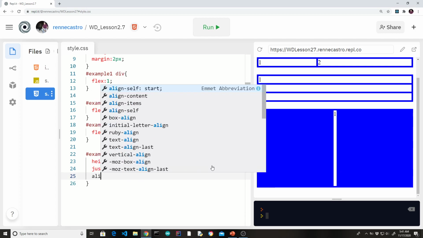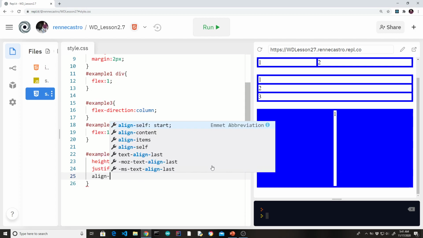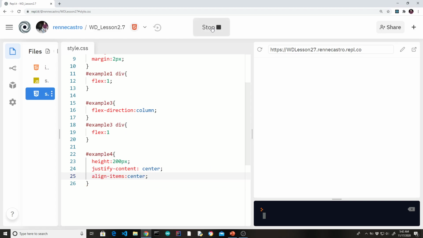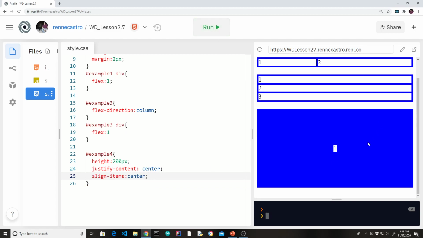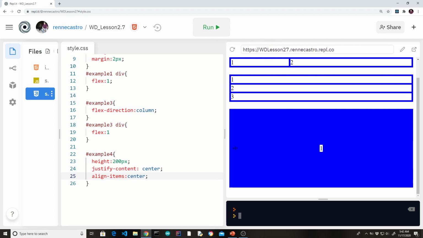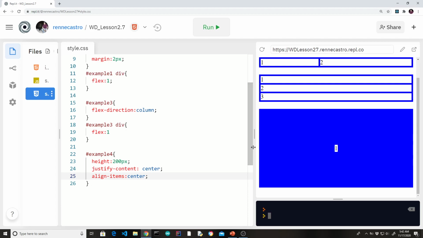So now we could do align-items: center. And this is a great way to get an item to be completely centered within a div. Again, that's something that you want to have as part of banners or some kind of big jumbo attention getter